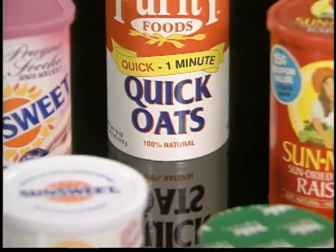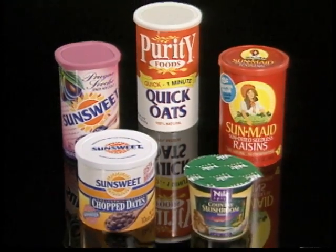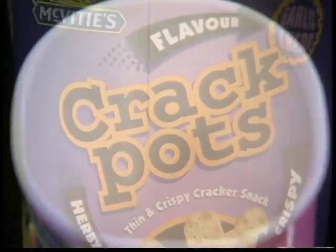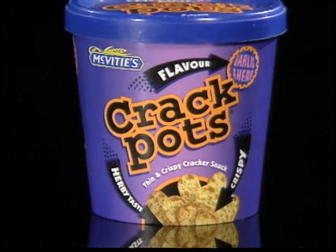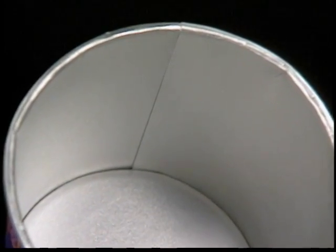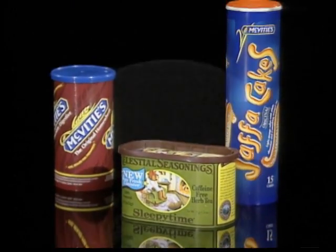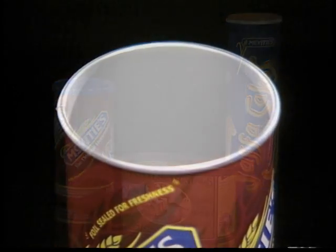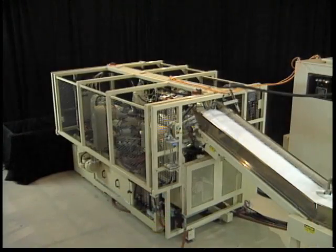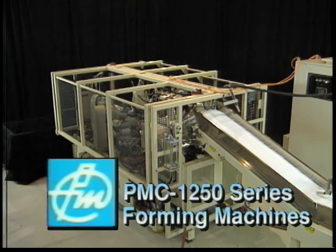Moisture-sensitive products such as oats, dried fruits, powdered soups, and beverages require packages made of PE-coated paperboard. Snack foods with high oil or fat content are oxygen-sensitive and can be packaged in foil-laminated paperboard with a skived and hemmed paperboard edge. Other oxygen-sensitive products can be packaged in containers of paperboard coated with EVOH or other high-barrier polymers. These widely diverse paperboard containers are all produced on the versatile PMC 1250 series forming machines from Paper Machinery